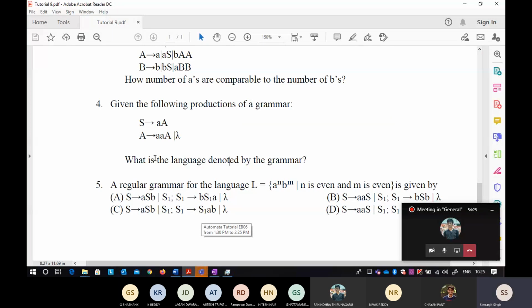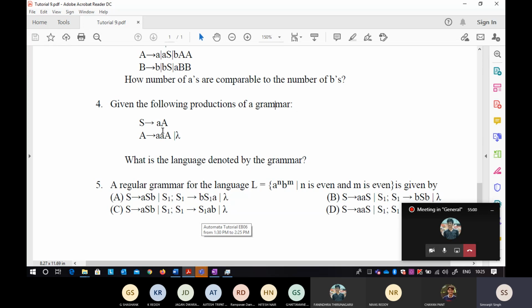Yeah, absolutely correct answer by Jagan. I think he derived it. It is odd number of A's. Jagan and Fanendra have given the right answer. If you are directly seeing that this is an even number of A's, anytime you will get an even number of A's from here, and to those even number of A's only one A is added. In the starting there is one single A added. It means that it becomes 2n plus 1.